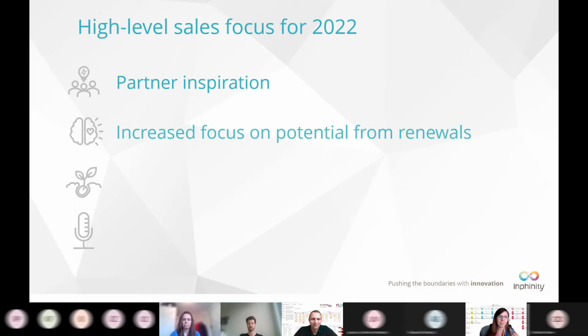That's why we're here. And another thing I wanted to point out, because we're all Click partners, we all have Click targets, and probably everyone doesn't have renewals in their targets, which is something that I, as a former CFO, have some trouble understanding. So just to be clear, from Inphinity, for us the renewals are just as important as the new sales, because it's really about setting that customer base, finding out how we use it. So we really want to focus a little bit more on that, improving the processes as well is part of it.